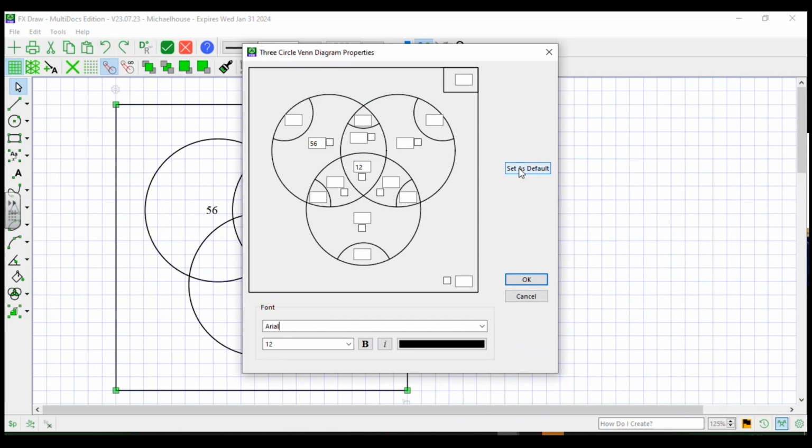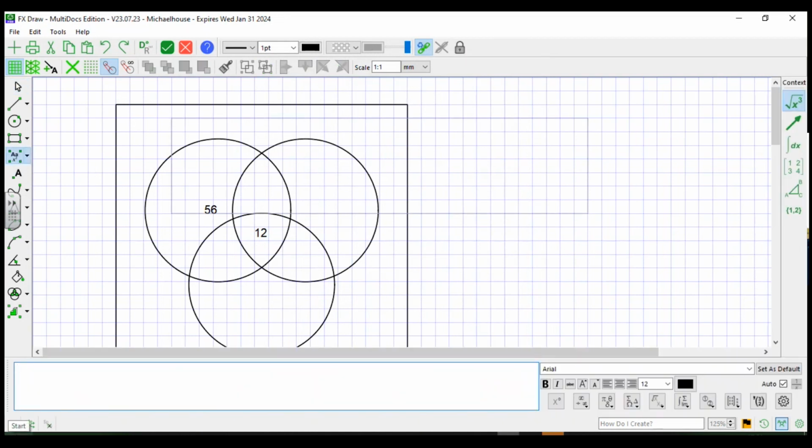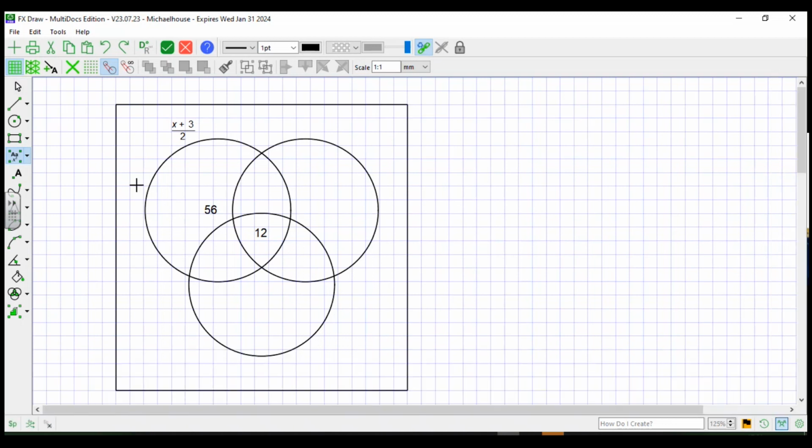And again, if you click set as default, then in future these will be Arial. And then obviously you can, at any stage, go and put labels onto something. And the labels are now totally consistent with everything that happens in equations. So for example, if you went x plus 3 over 2, it'll type it in as an equation. Not that you would want to do that on a Venn diagram, I don't think, but hopefully you get